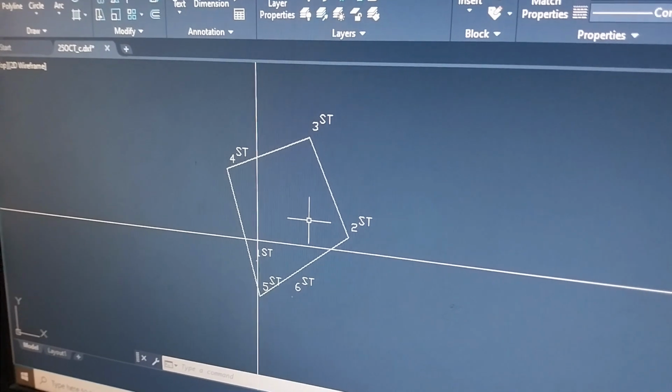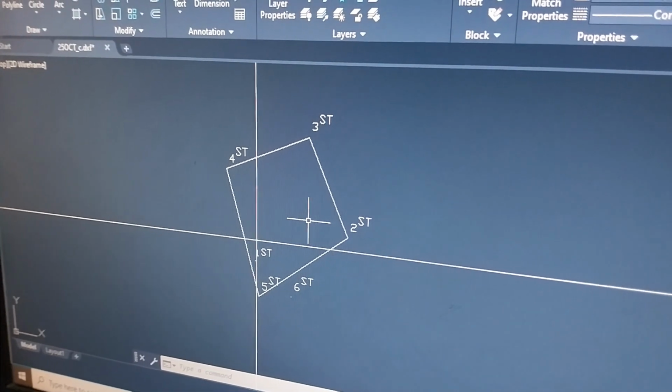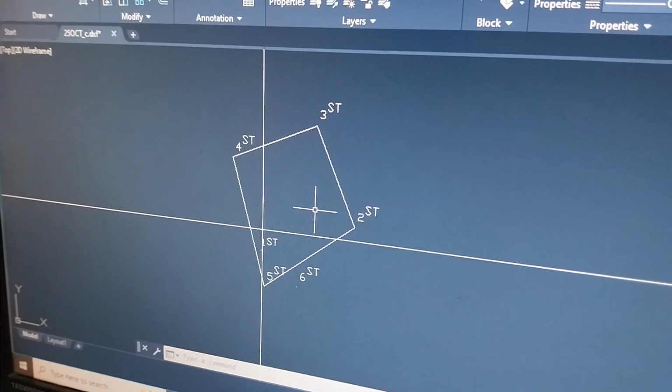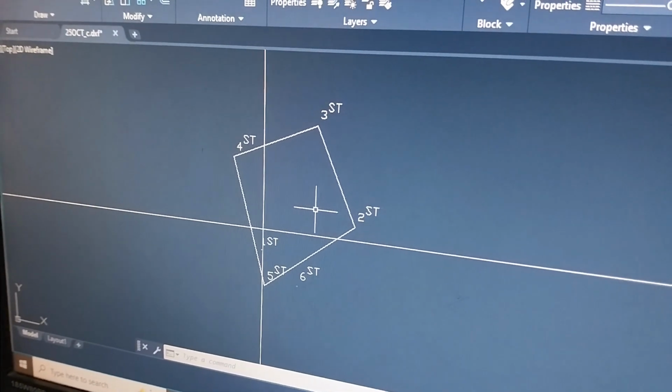Here you can see we have fixed the north direction from which we are going to fit our plan into the plot.